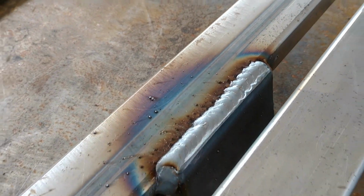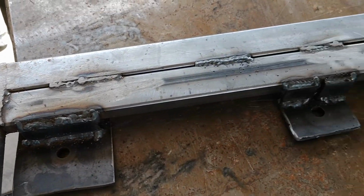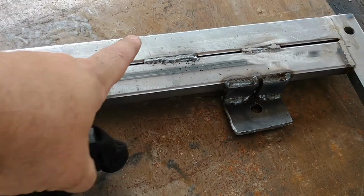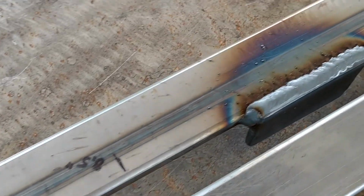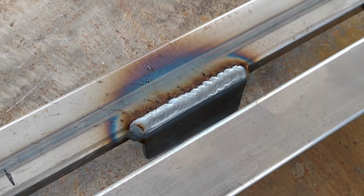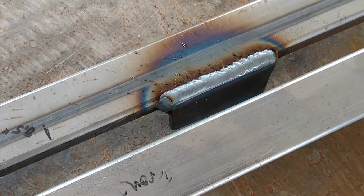Holy crap. I'm an amateur welder. Very, very amateur welder. But this stuff's going to be plenty strong, as you could tell in that other clip. I added an extra one up here just for giggles. But that's looking good. Let this cool down, mark out where it goes on the last plate, get that tacked